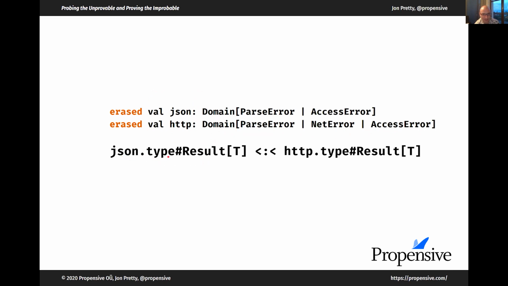So JSON.type is the singleton type of the JSON value. The singleton type allows us to make reference, sort of quietly make reference to this domain here. And we can write that JSON.type hash result. So this is a projection on the singleton. This is the same thing. We still have that same relationship between them.